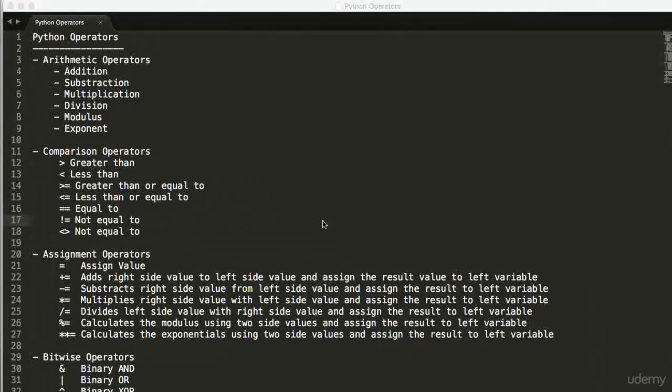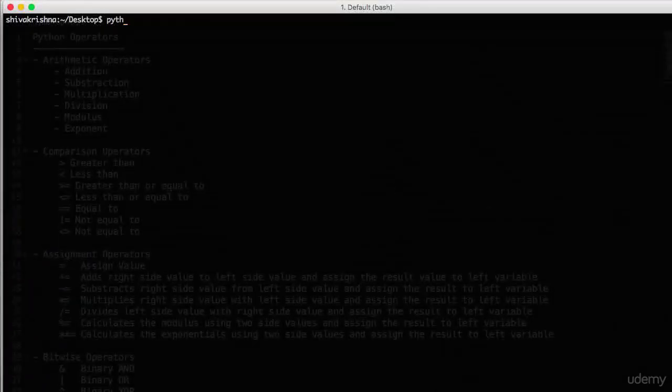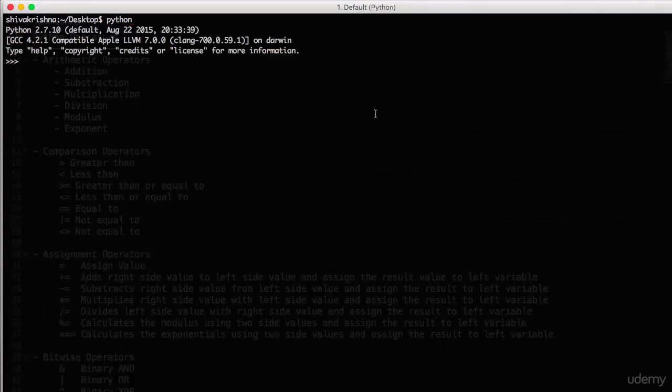Let's open the interpreter. All right, so we are in the interpreter now. Instead of this Python interpreter, let's enter the interactive Python interpreter. The interactive interpreter and the interpreter are the same, but the interactive interpreter is nothing but a normal Python interpreter with steroids on it. I mean, it has various new functionalities and attributes, etc., stuff to use for our convenience. So let's enter the interactive Python interpreter.